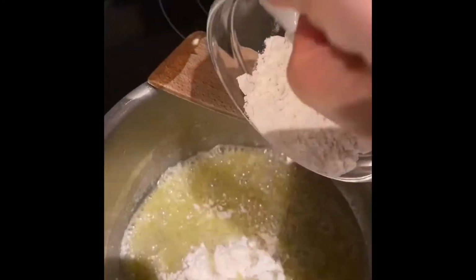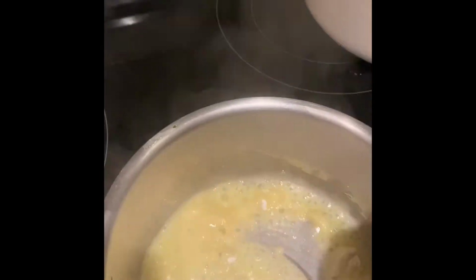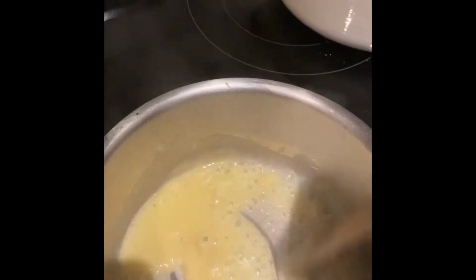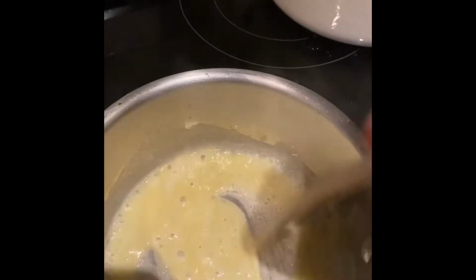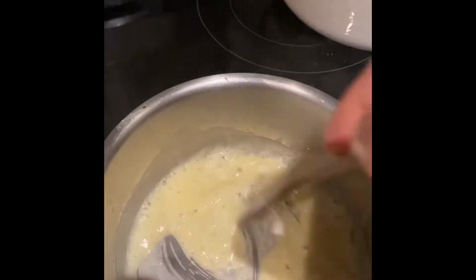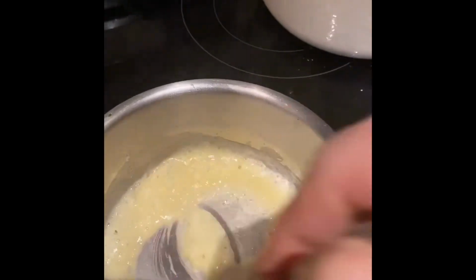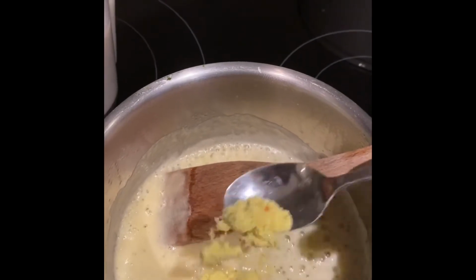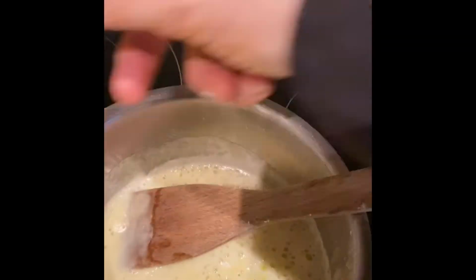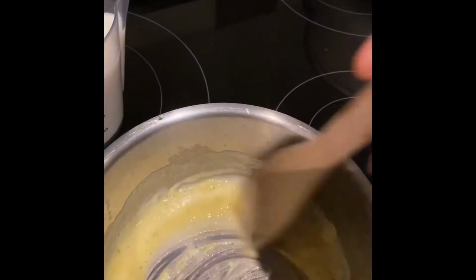The most important bit is when you've melted the butter, add the flour. You want this to cook out, and make sure there's no lumps at this stage, and you pick out the flour, then the bechamel will be perfect. I've taken it off the heat now. I'm just going to add a teaspoon of good stock powder, stir that in, and then just start to add